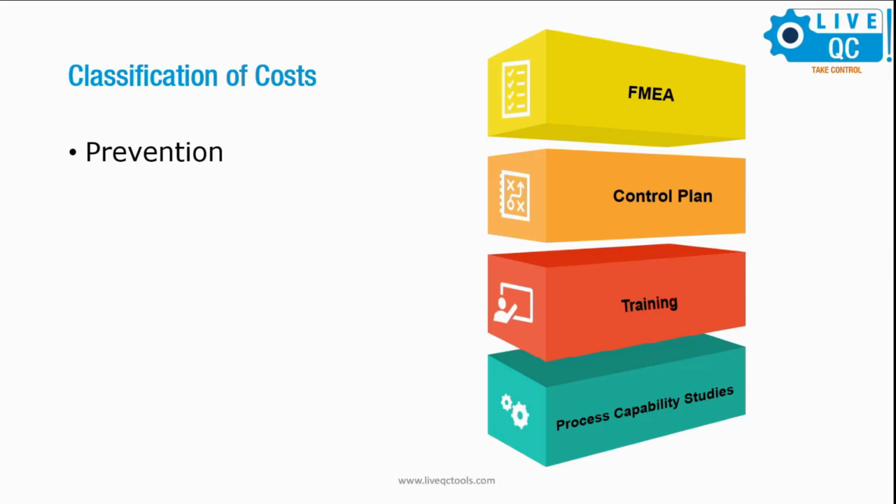When we look at any cost, prevention is the first thing that comes to mind because prevention is better than cure. Under prevention, we have 4 different classifications that we look at. Primarily, the risk management part of it coming with the FMEA, the failure modes and effects analysis, followed by the control plan, and then training of the personnel, and then capability indices to study that and make sure that they are within the requirement goals that we have set forth. So that involves a certain amount of cost.